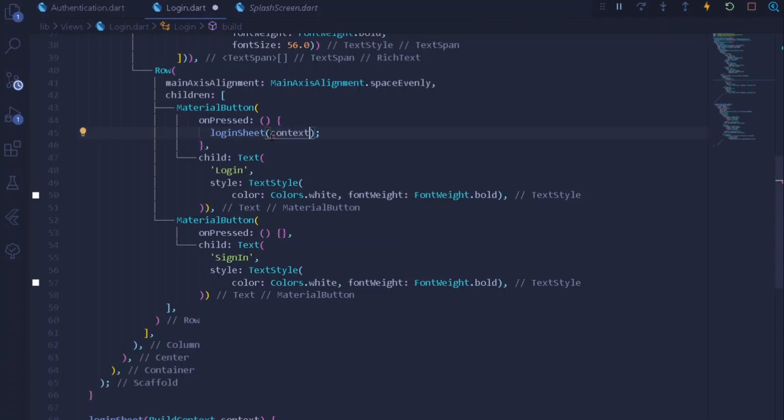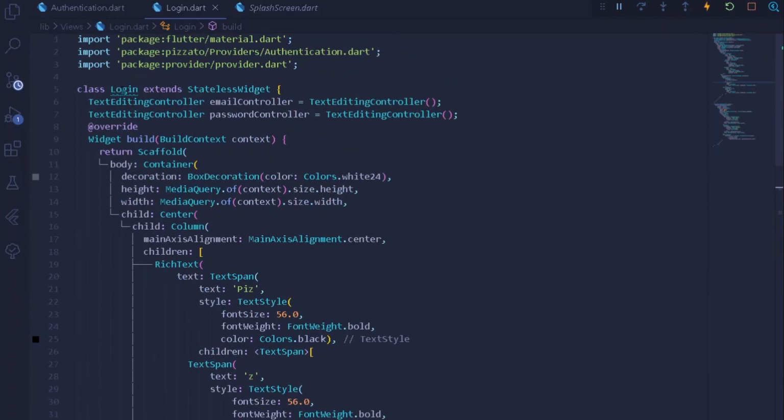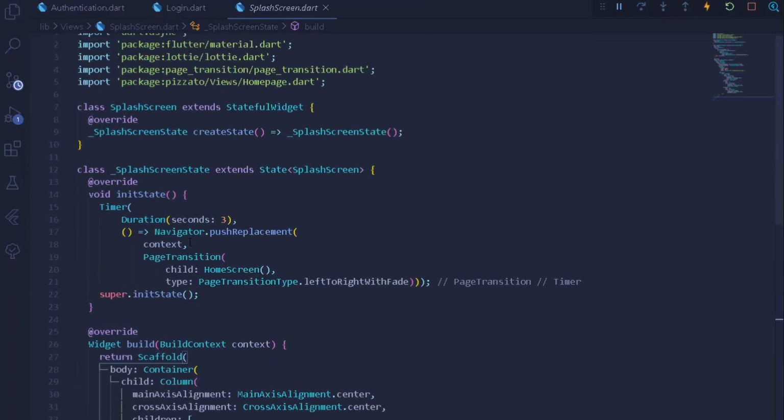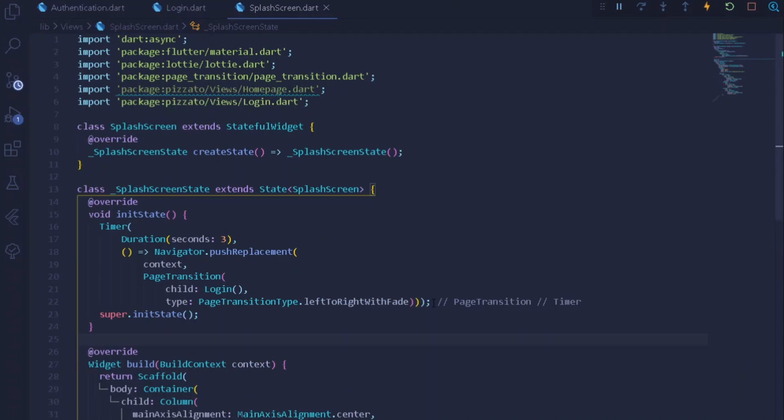Alright, let's provide a context. Cool. So once the following thing is done, let's assign a UI. Alright, let's make it final, so our warning of the abstract class will be gone. So it is done. Okay, alright, it is gone. You may observe that after the following duration is completed, under our timer, we are navigated to our home screen, but instead of that we should be navigated to our login page. So here I'll simply add login. Once the following thing is done, let's reload our entire application once.